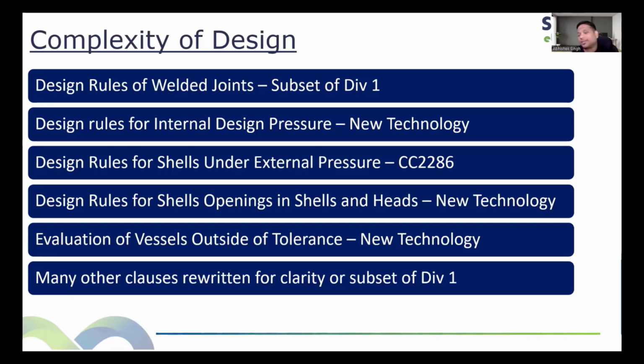Next, many other clauses you will find are rewritten. Many appendices, the mandatory appendices, are part of the main calculation, Part 4. They are rewritten in a better way so that your understanding of them will be much clearer if you refer to Division 2. If you go through Division 2, the understanding will become much clearer. So that is about the complexity,